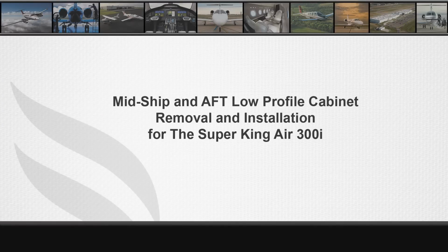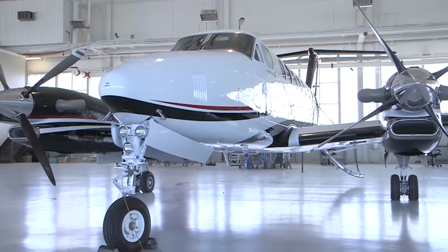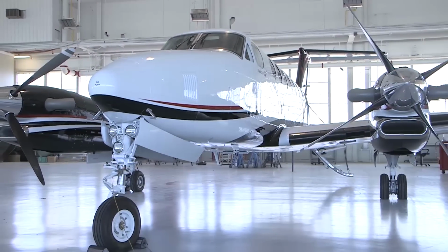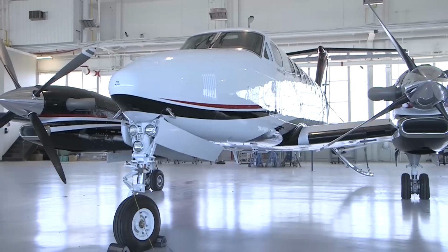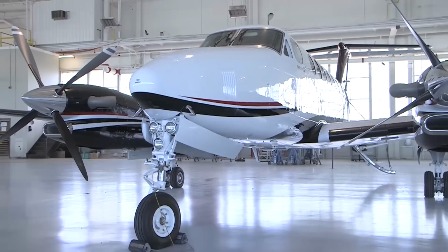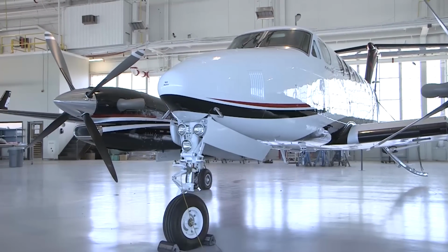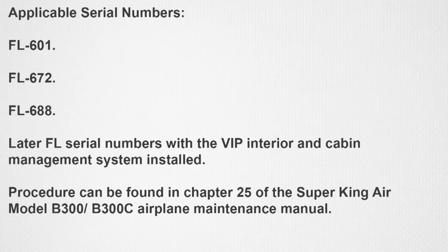This video will demonstrate how to remove and install the midship cabinets and aft low-profile cabinets in the passenger compartment on the Super King Air 350i. These instructions are applicable to serial numbers FL601, FL672, FL688, and later FL serial numbers with the VIP interior and cabin management system installed. These procedures can be found in Chapter 25 of the Super King Air Model B300 and